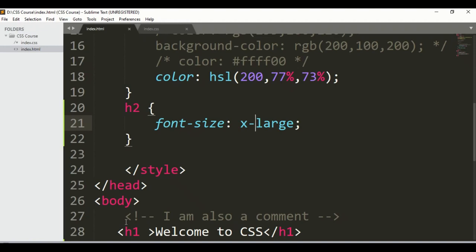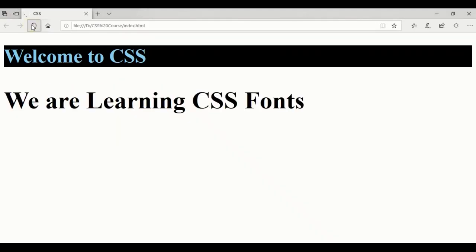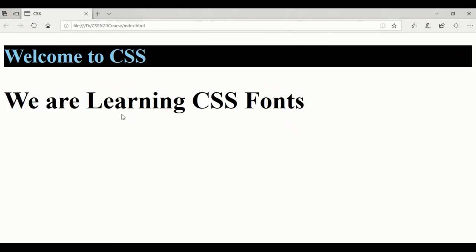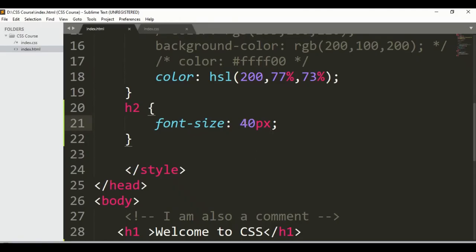Okay, also we can set font size with pixels. Let's say 40 pixels. Yes, 40 pixels. Save it and refresh it. So here is a 40 pixels text. By default we will get font size 16 pixels. Okay,